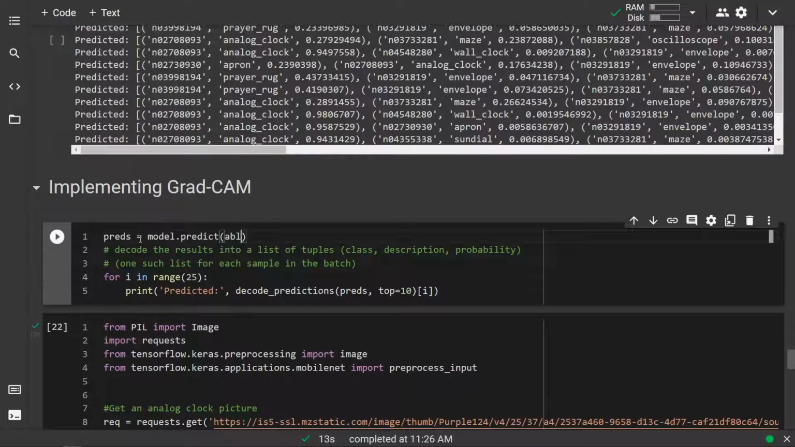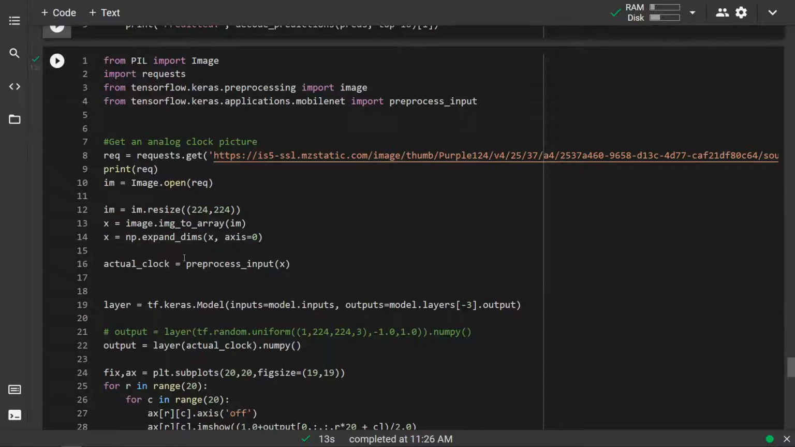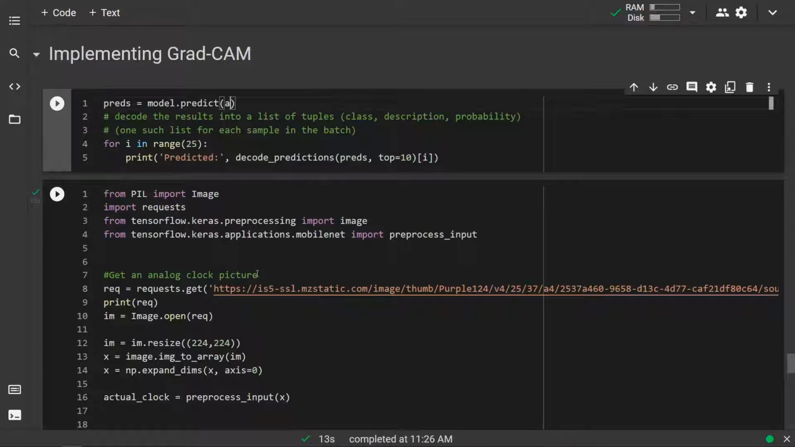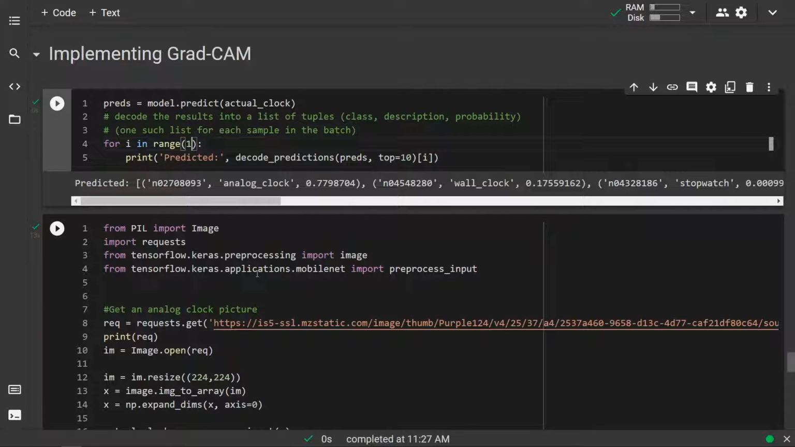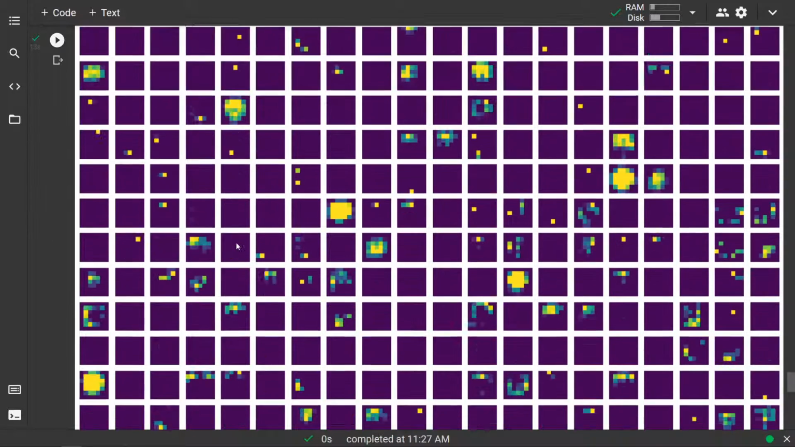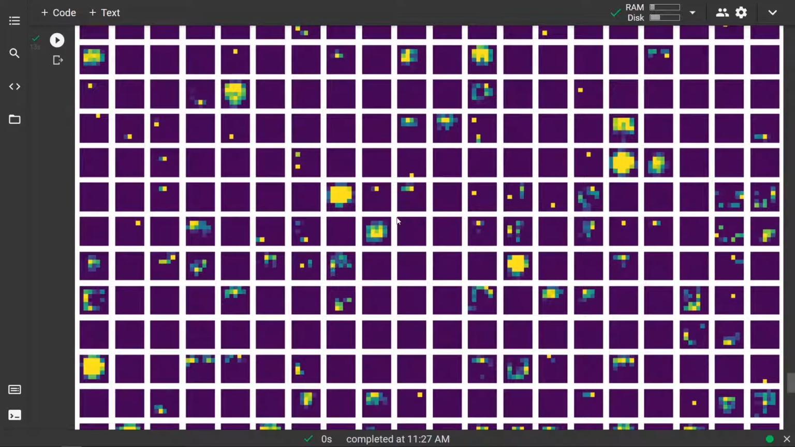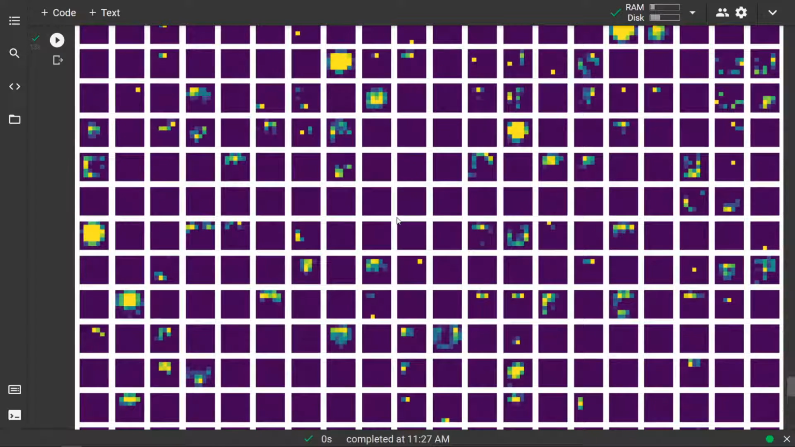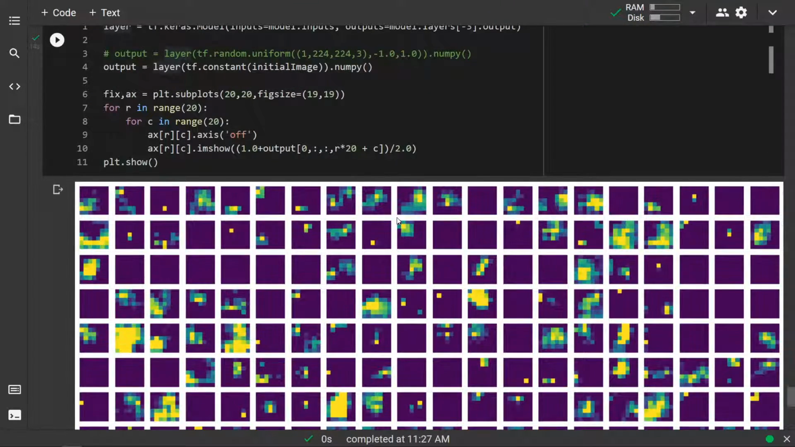So we want to predict from actual clock. I don't know if it'll take that directly, but we'll find out. And there's only one prediction. Hey, it's only 77% sure that it's an analog clock. Right? So our fake images are 99% sure. Okay, but this is the real image where it's 77% sure. And this is the fake image